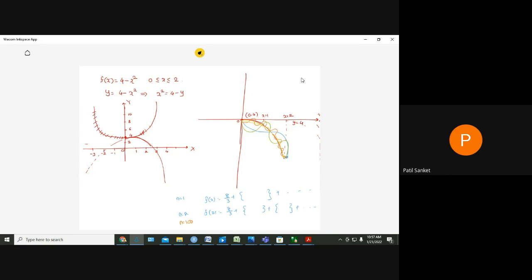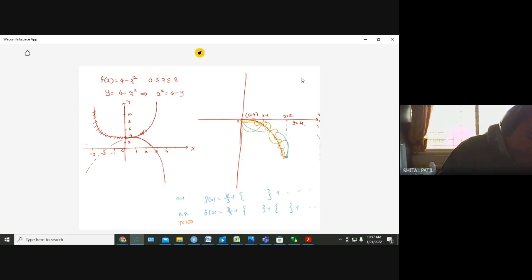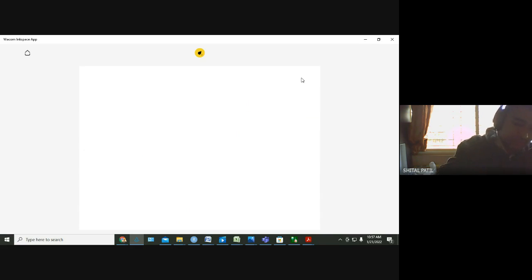Let me continue with the next example. Let me change the page. Okay, so the second example is like this. Find the Fourier series expansion of f of x equal to